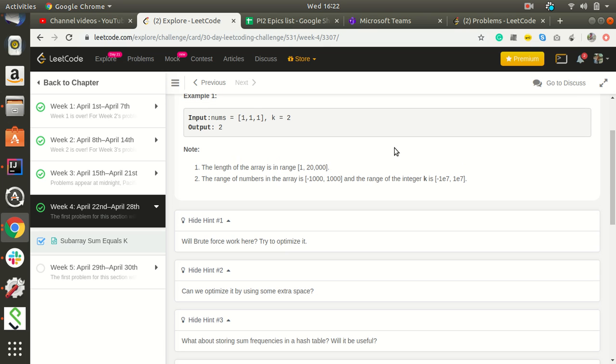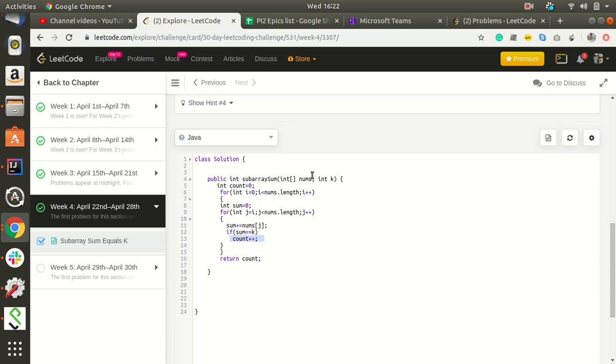Okay, so we will be iterating this. Let's see how our program works for this. We have an array which contains 1 1 1. So the length is 3: i is equal to 0, i less than 3, i plus plus, sum equal to 0. j is equal to i, which is as of now 0, j less than nums.length, which is 3, j plus plus. j will go from 0 to 2, 0 1 2. Sum plus nums of j.